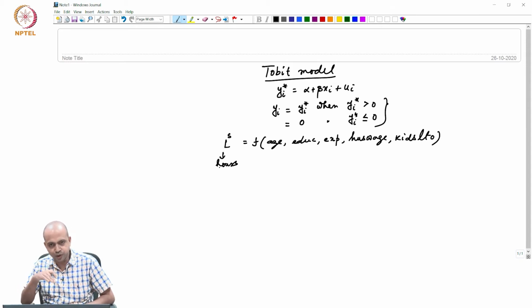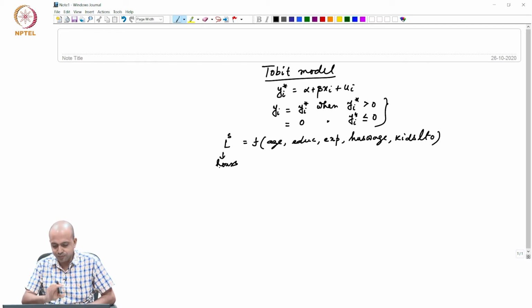We observe someone's labor supply only when it is greater than 0, so we will use left censoring, or lower censoring. But depending on your situation, you may have to use right censoring or censoring from both top